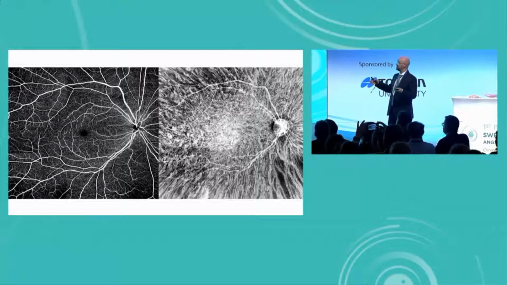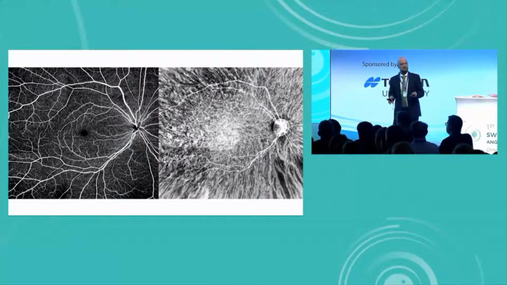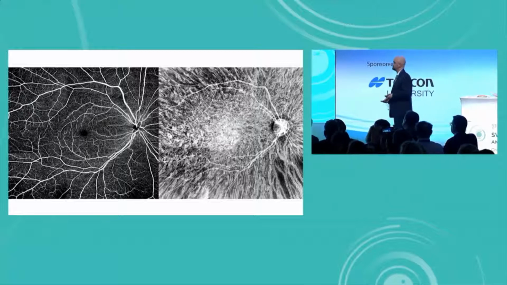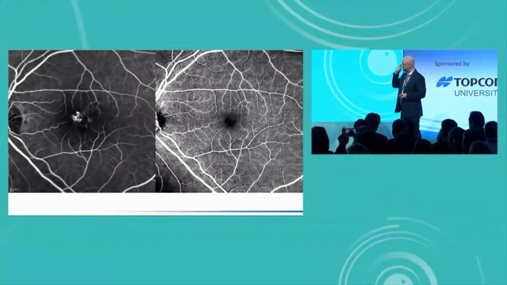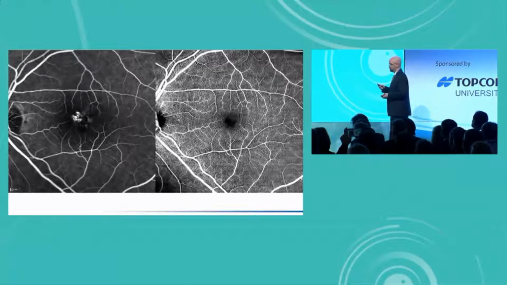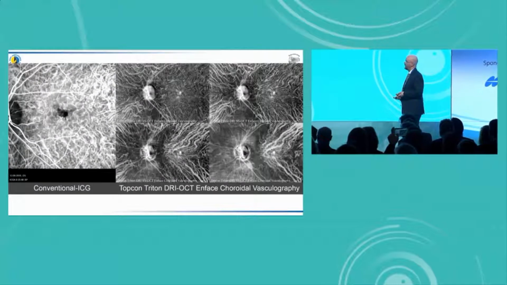But okay, this is all very interesting, but in order to see what we're really seeing, we need to compare it to ICG, because this is the kind of stuff that we can previously image using ICG. So I took a patient. This is a patient with CSCR and a secondary CNV, and I did the FA, and then I did the OCT-A, and you can see a lot of details in the OCT-A. You obviously can't see the leakage. And on the same patient, I did an